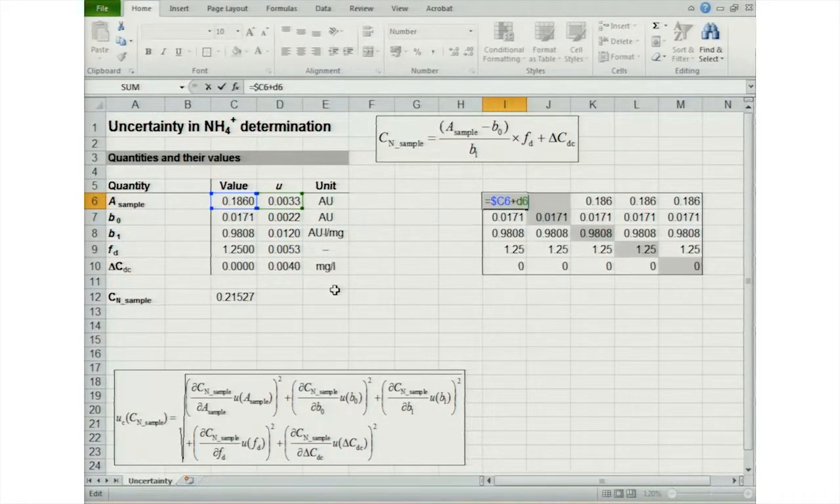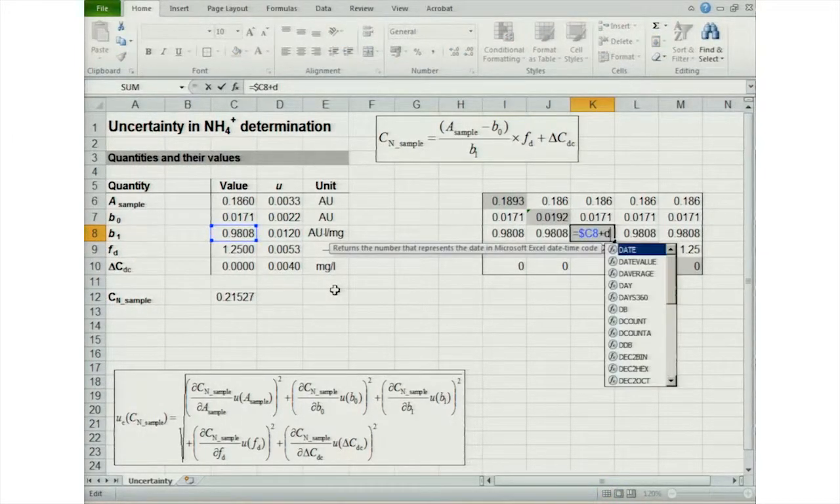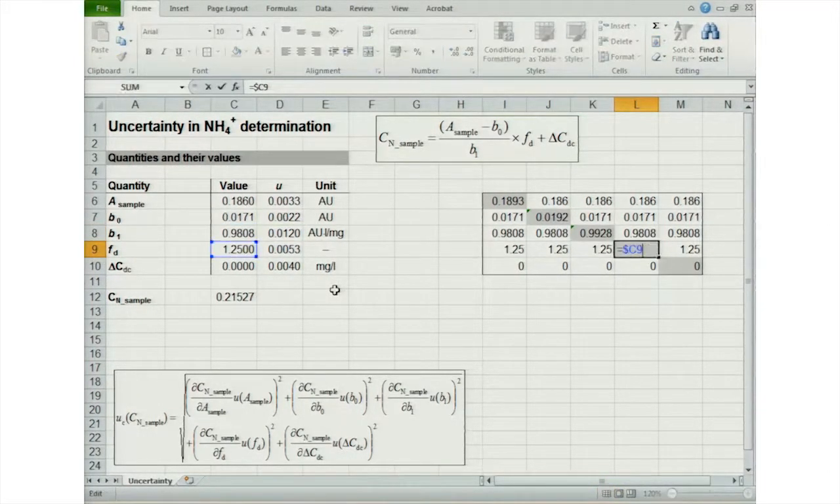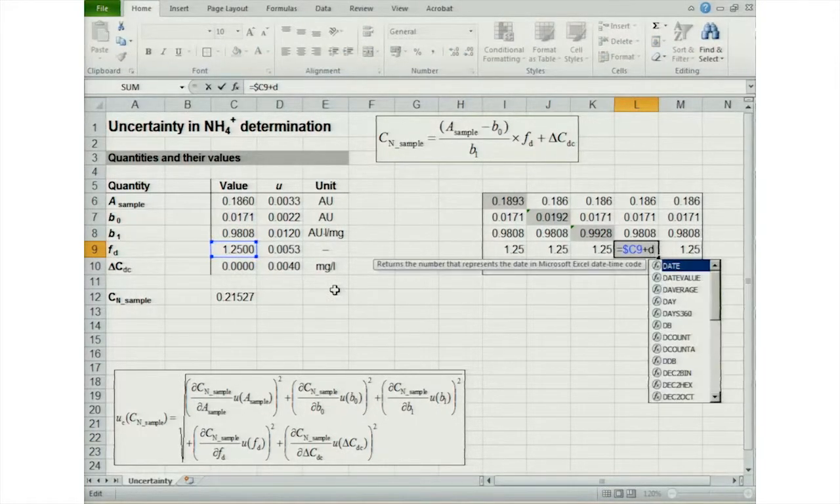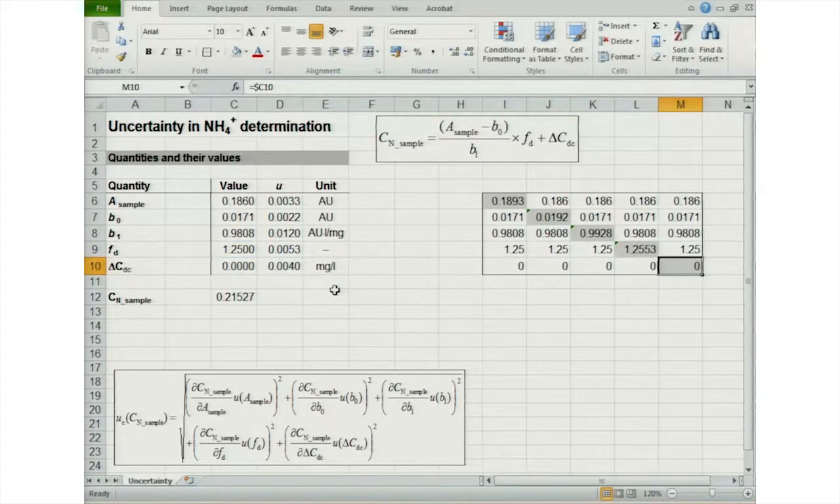Plus d6, plus d7, plus d8, plus d9, plus d10. So we see now that each of these columns in principle contains the same values as we have